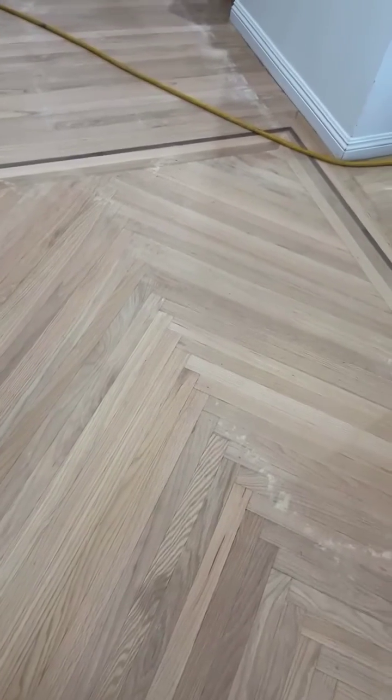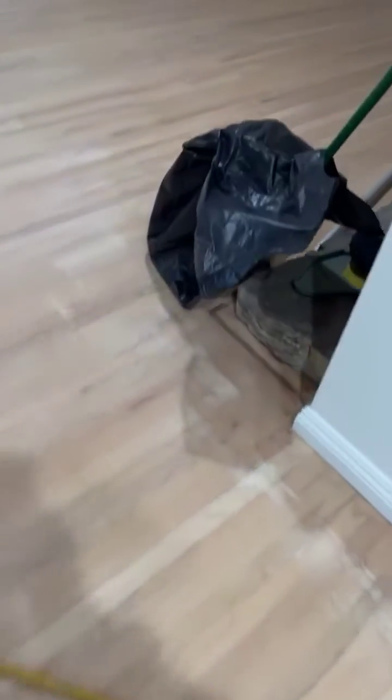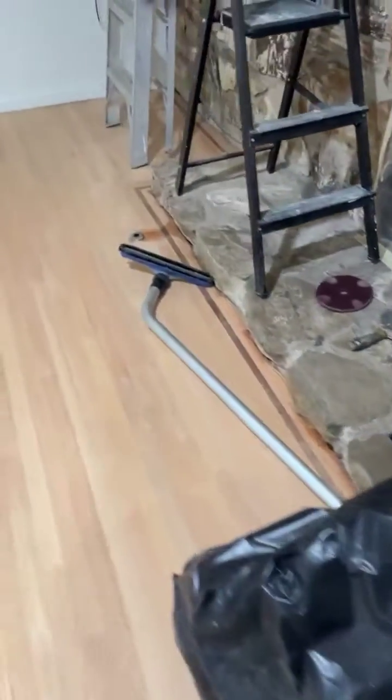And it actually is really one of my favorite things whenever we get these older houses with the walnut feature strip. It looks really good. And it's over here in front of the fireplace as well, which is